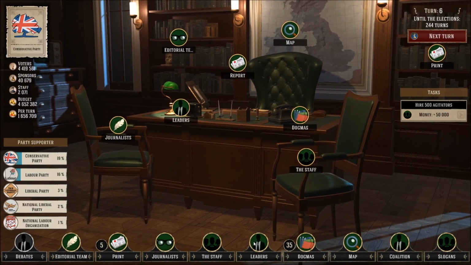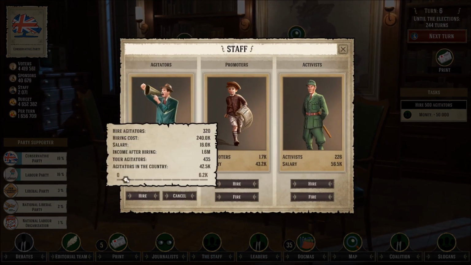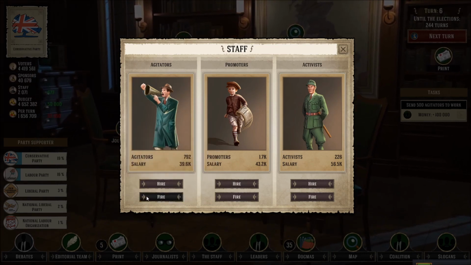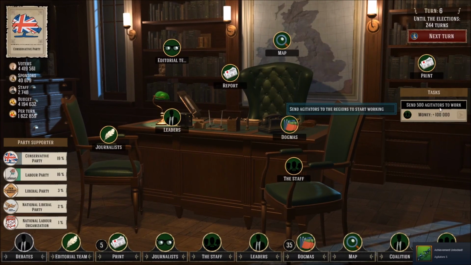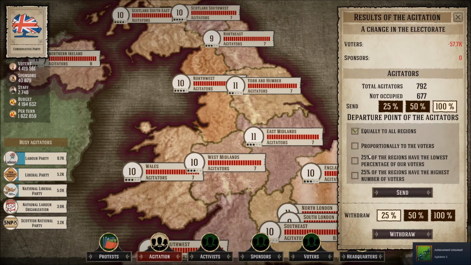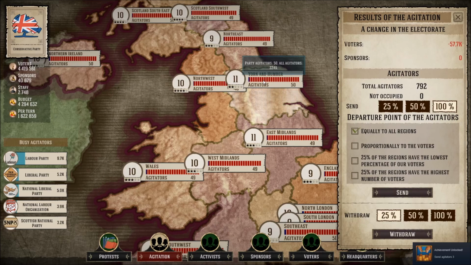Hire 500 agitators. We go to staff. Hire. We'll go ahead and hire 500 more agitators. There we go. And hire. There we go. Send 500 agitators to work. Click on map. Go to our agitators. Just send them out equally to all regions. Now you'll notice that there's a lot more red here. Look at that. Party agitators 50, all agitators